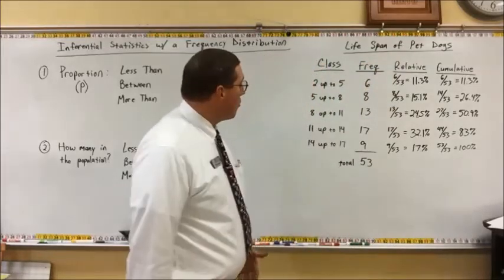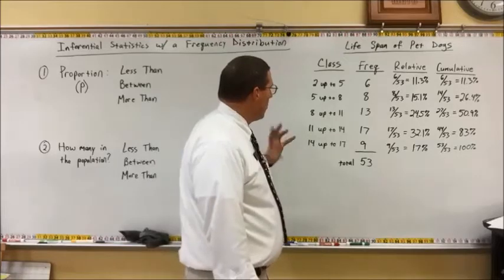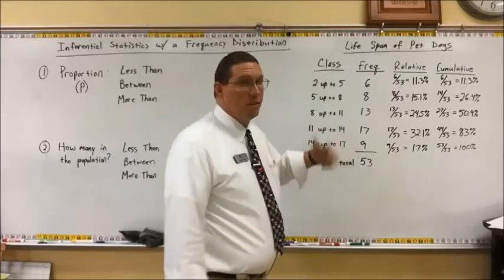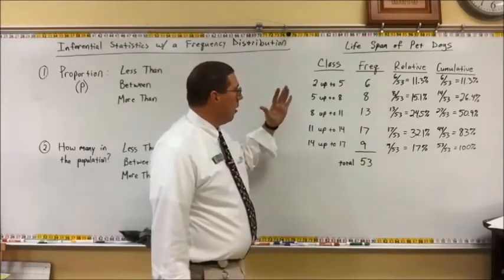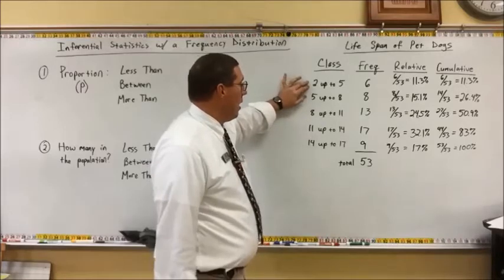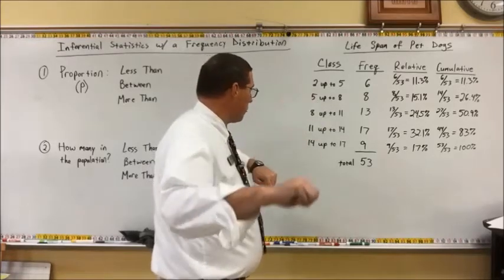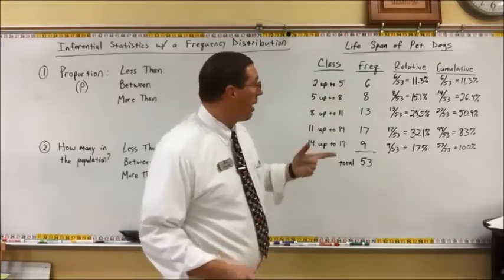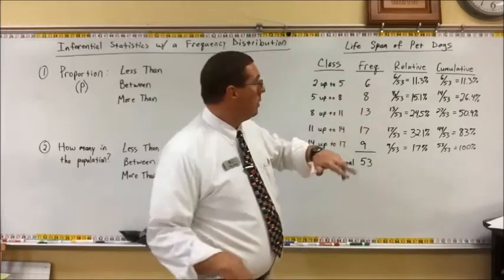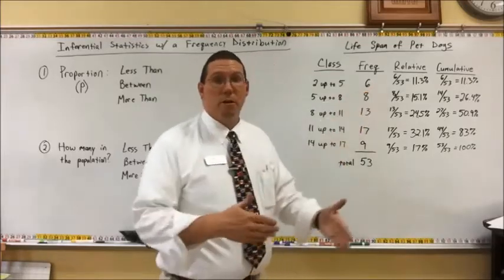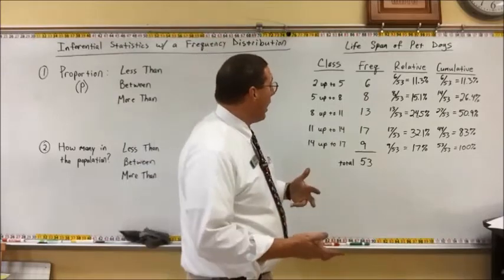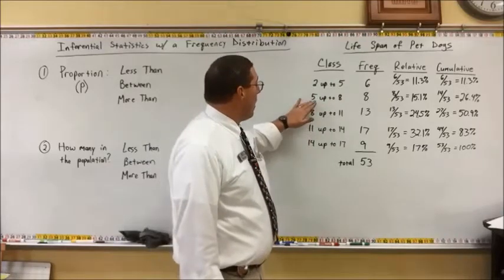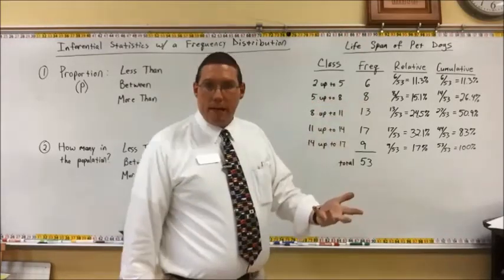right? And so I have dogs that may live as long as anywhere from 2 up to 17 years, let's say. And I identify 5 different classes, and each class is 3 years, okay? And so the first class is a dog that lives from 2 years up to 5 years, and let's say of all the people who responded to my survey, 6 of their pet dogs died or only lived somewhere between 2 and 5 years. And then 5 up to 8, and 8 of the people, their pet dog lived between